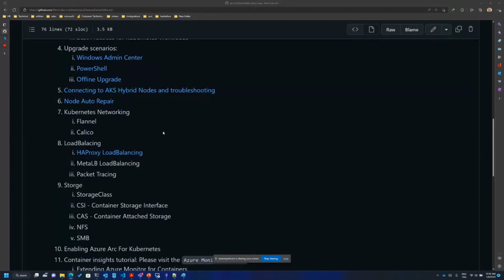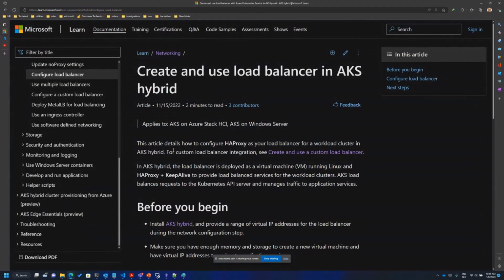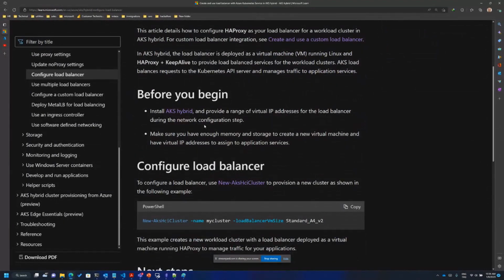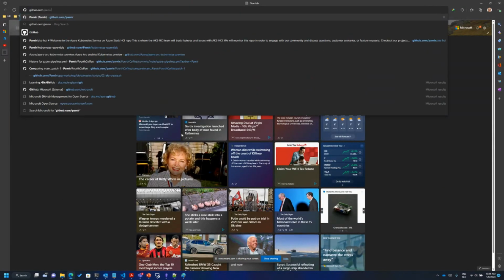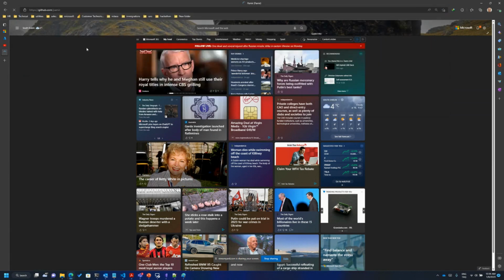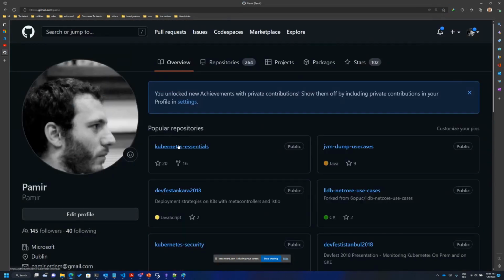Hi all. In this video, I'll try to demonstrate how HAProxy, the default load balancer feature of AKS Hybrid, is working. If you click this URL, it's going to redirect you to the documentation of load balancer settings in AKS Hybrid. So HAProxy is the default load balancer installation in AKS Hybrid. To demonstrate the load balancer, if you go to my repository, which is github/pamir, there's a link to